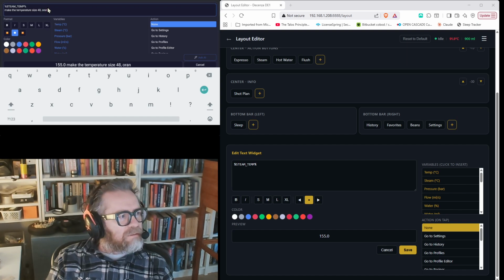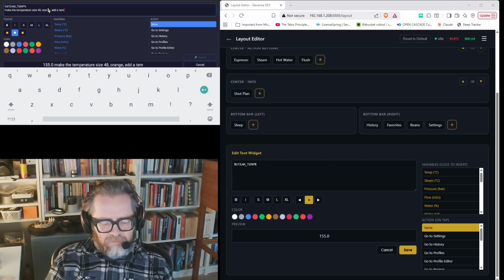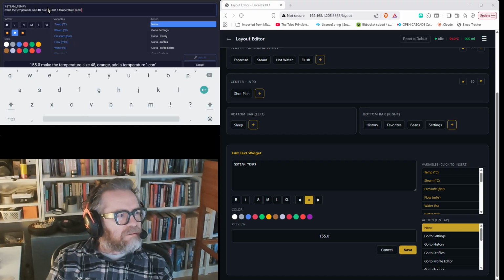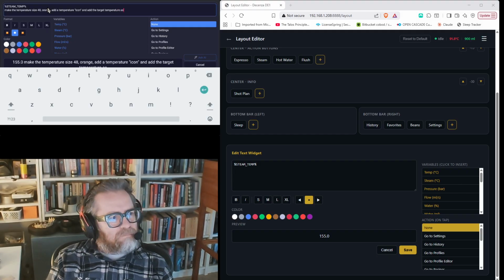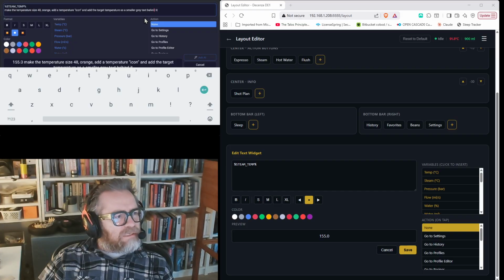Orange at a temperature icon. So basically, what I'm doing here is I'm writing